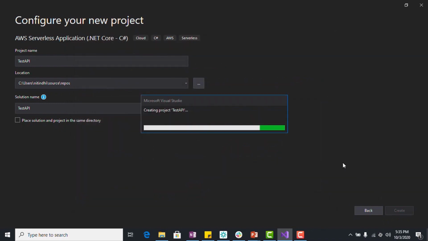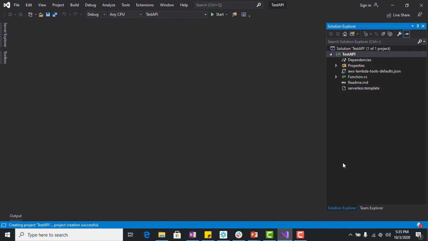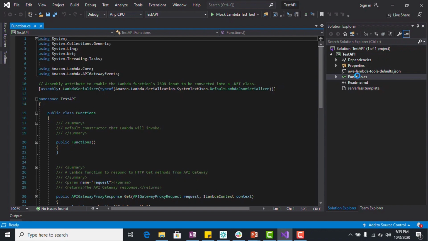As the project is created, now let's examine the files created as part of this project. First file is function.cs. It defines the C# function to expose as Lambda functions.